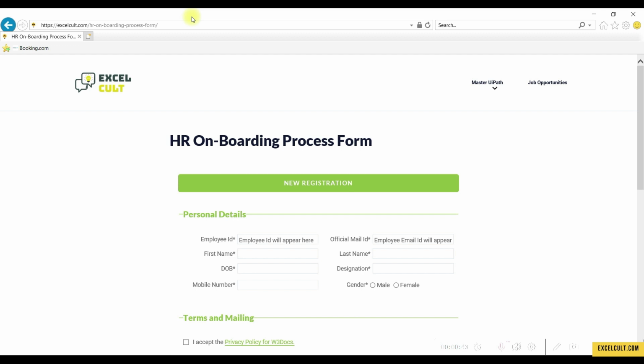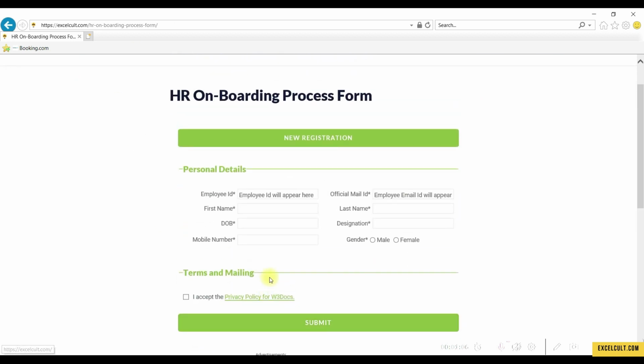So let's go ahead. As you can see here, it's a general form that you can find anywhere, where we'll be entering the simple details of an employee such as first name, last name, date of birth, designation, mobile number and the gender, and then accept the terms right here and then submit it. Doing this will give us the email ID and the employee ID